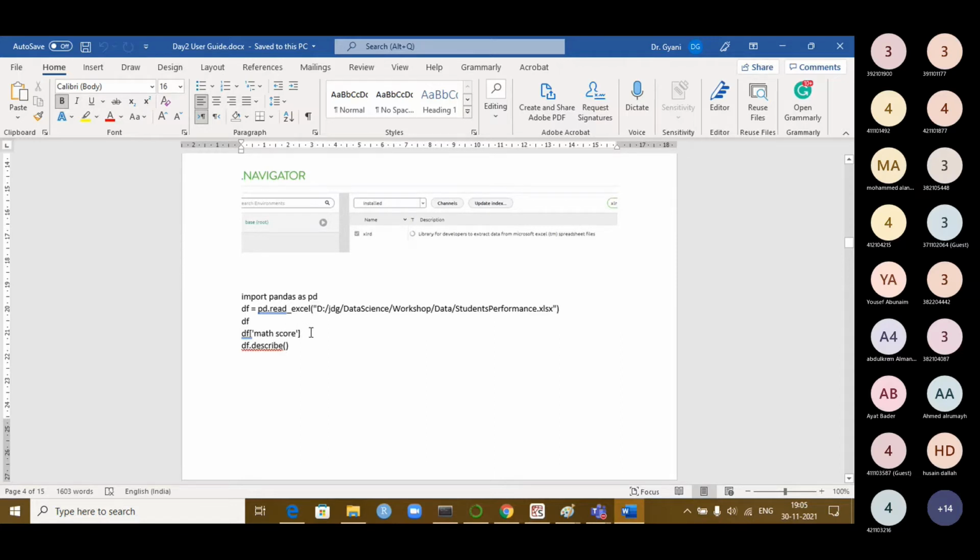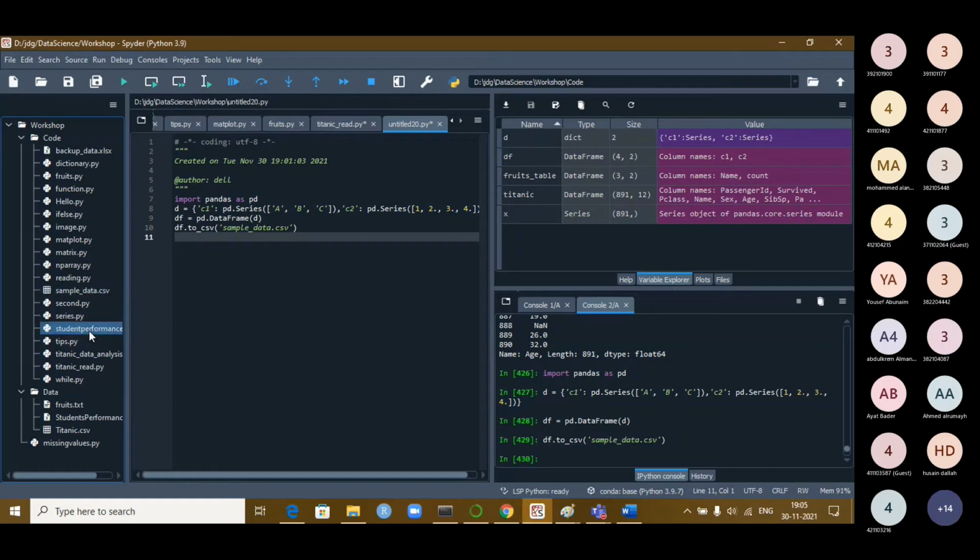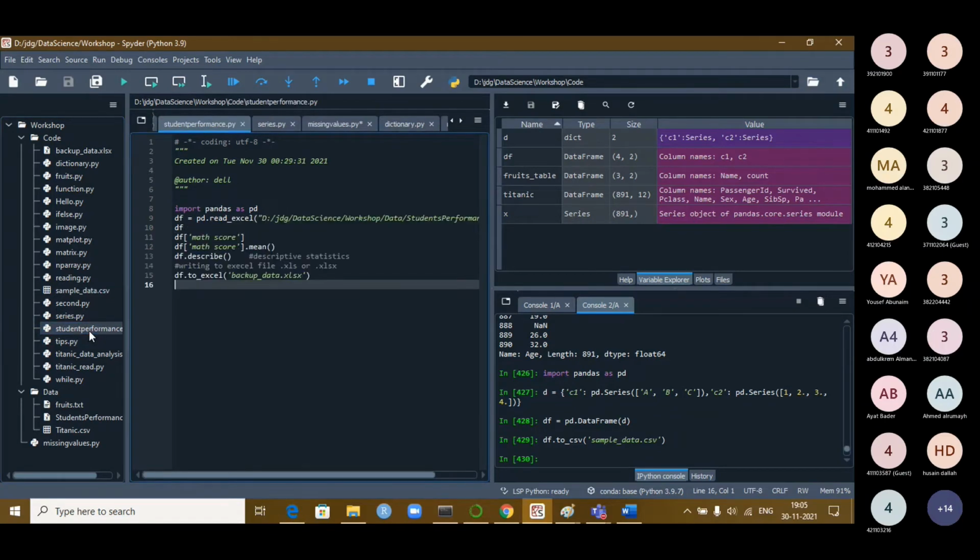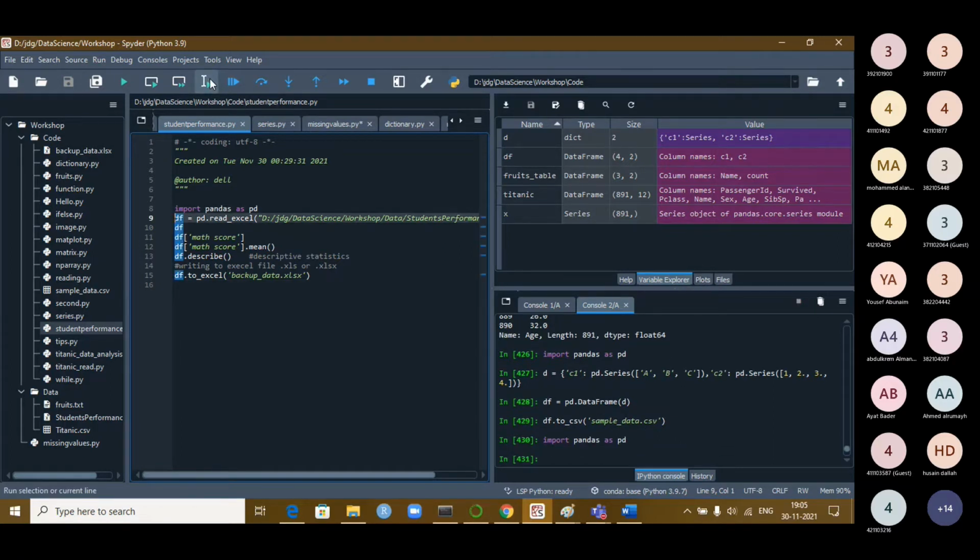You can show the data frame. Let us see this one. How do you do it? Okay, this is the student performance file. Let us look at it now. We are trying to read with pandas again. It is already imported, but it's okay. I'm reading the Excel file now. It is all available here. You can see the student performance Excel file, which is available. Right click and you get the path, and you can keep it here while reading it. Then show the df. Let us try to read the file.